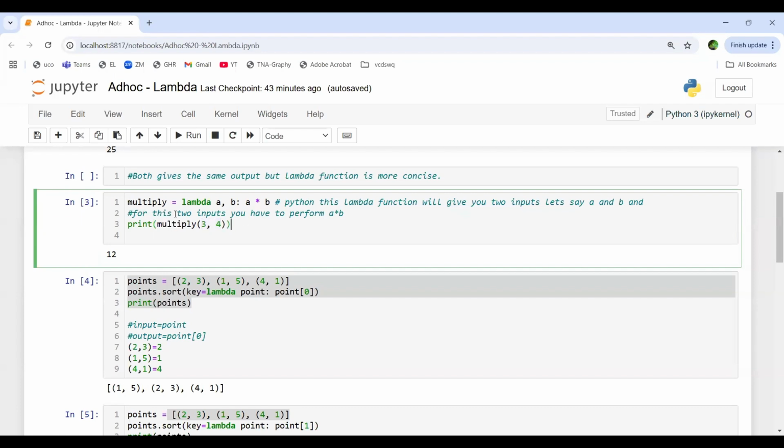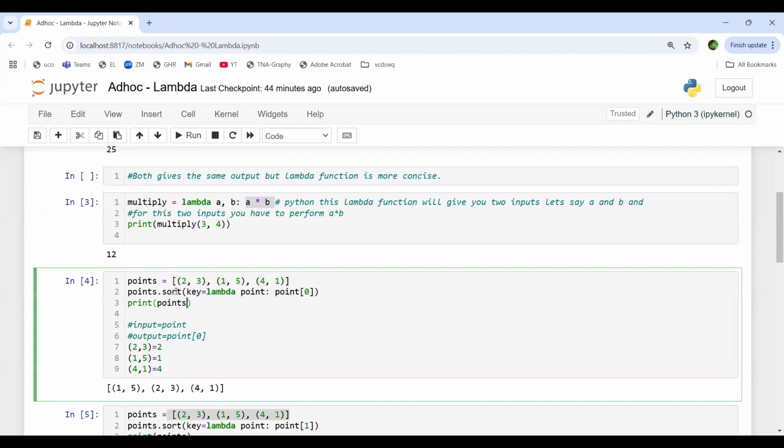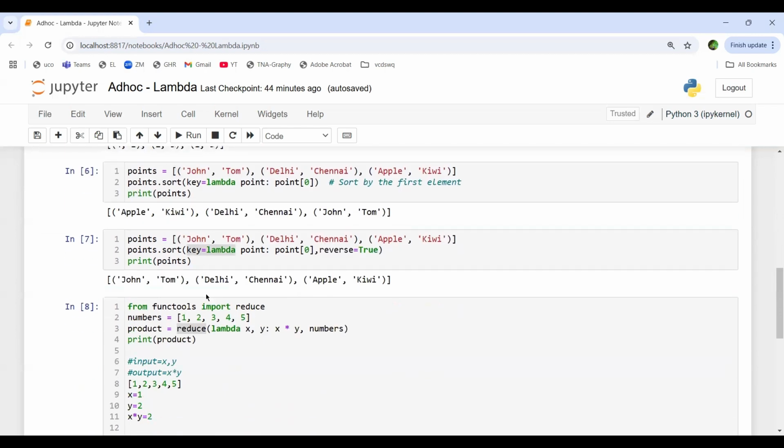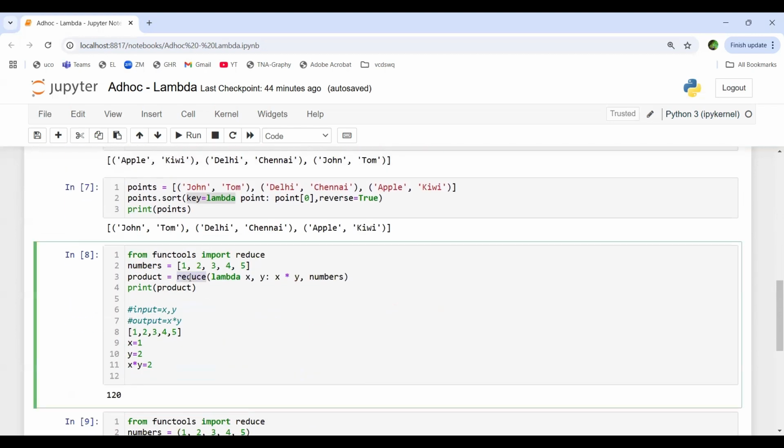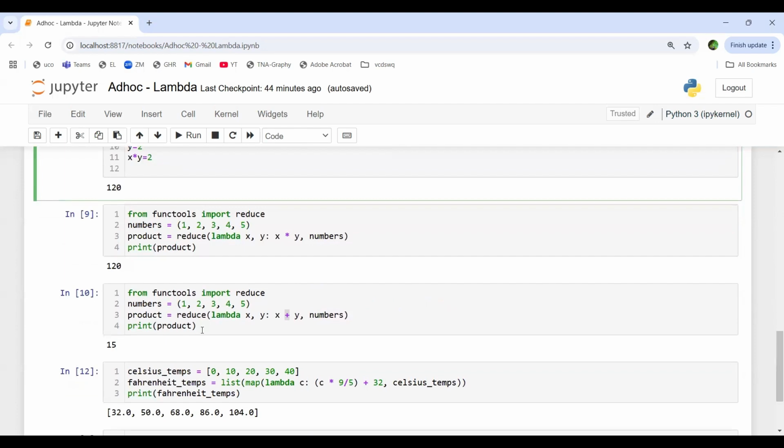Okay. So in line number 3, I'm providing two hard-coded values, and for this I'm telling the lambda function in Python to perform this operation. Now here also I'm providing the input, but for this I'm telling lambda again to sort it. But the way I'm giving input here is I have taken a list of tuples, and for this I'm telling it to perform this operation, right? Now in this example, if you take the example of this reduce function, or this